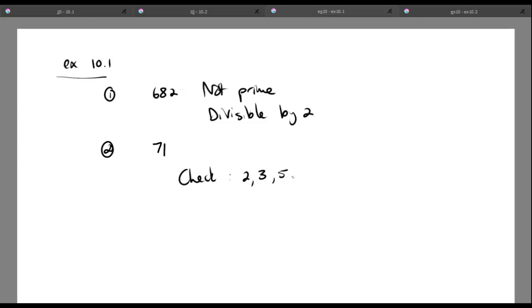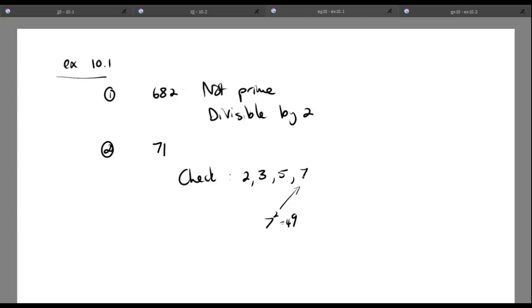5, no, it doesn't end in a 0 or a 5. 7, do I need to check 7? Yes, because 7 squared is 49. 49 is less, so I need to check 7. Now 7